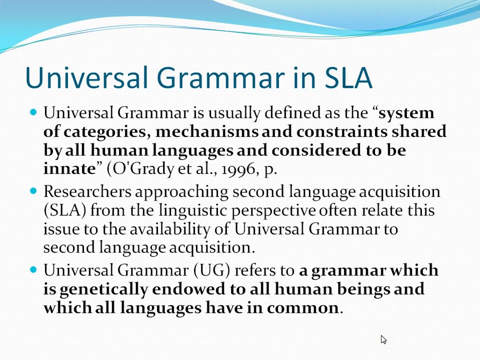Actually UG, that means universal grammar, and Noam Chomsky has offered that theory. What is the definition? That is the system of categories and mechanisms and constraints shared by all human languages and considered to be innate. প্রত্যেকটি মানুষের মধ্যেই হচ্ছে, প্রত্যেক ল্যাঙ্গুয়েজের মধ্যেই হচ্ছে একটা ইউনিভার্সাল গ্রামার আছে, এবং সেটা শুধু ল্যাঙ্গুয়েজের মধ্যে না, এটা বলা হচ্ছে যে মানুষের হিউম্যান ব্রেনের মধ্যেও আছে সেই মেকানিজম ইউজিটা। সেটা অ্যাকর্ডিং টু Noam Chomsky, he said that it is the innate capability. Innate মানে হচ্ছে কি, জন্মগত।